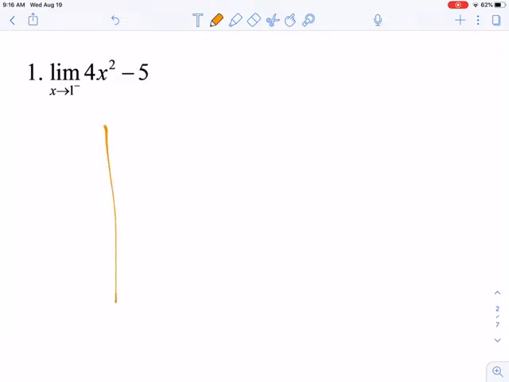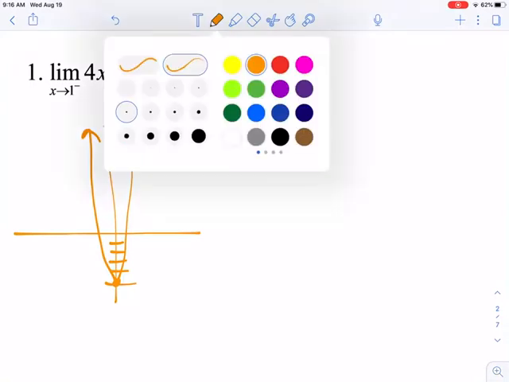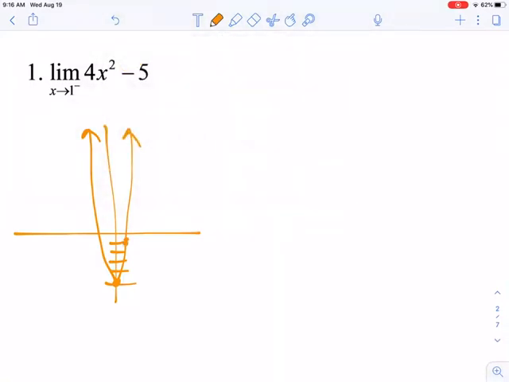So let's think about this. 4x squared minus 5. We know that that is a parabola shifted down 5 and is stretched pretty significantly. Here at x equals 1,